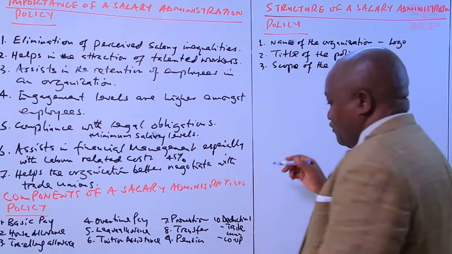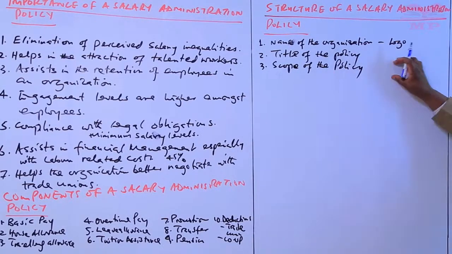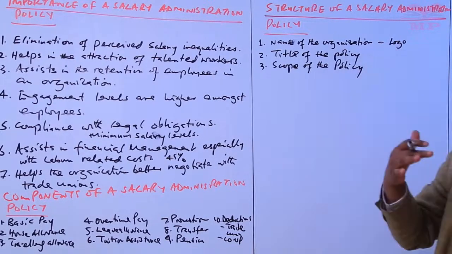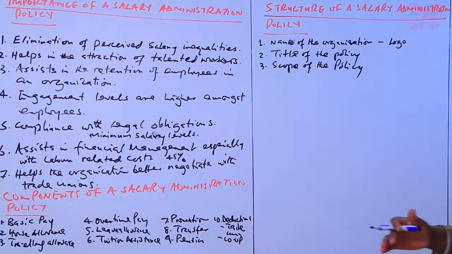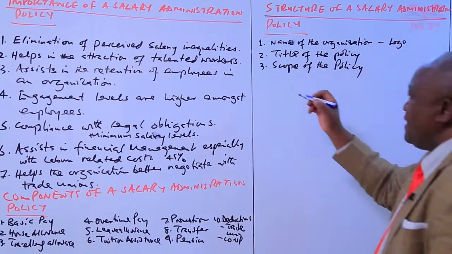So in some organizations, they may say the scope of this policy covers administrative and management positions, or this policy covers lower level and middle level positions, for example. So the scope of the policy has to be indicated. And then number four,